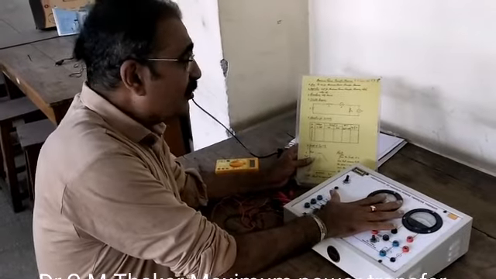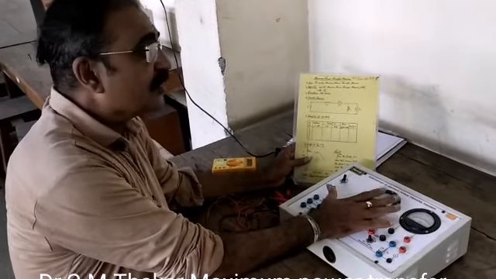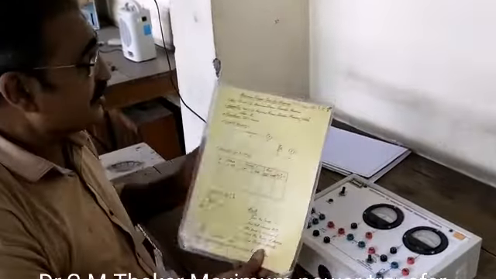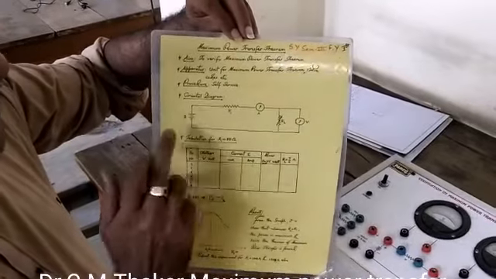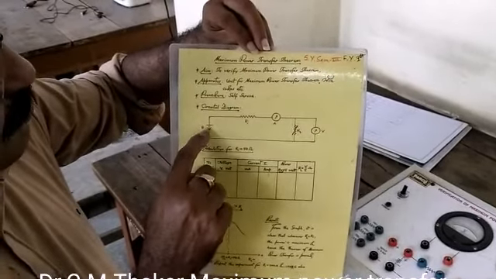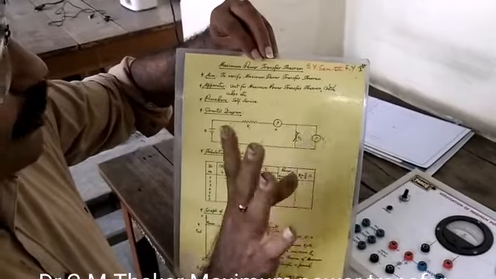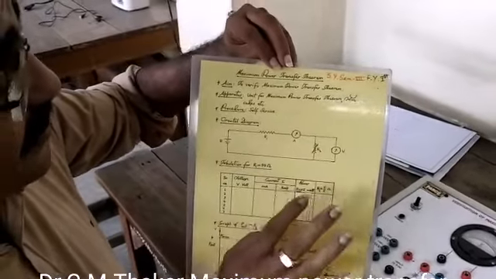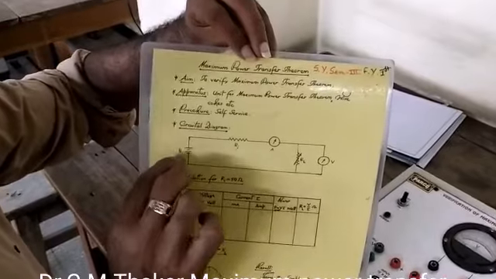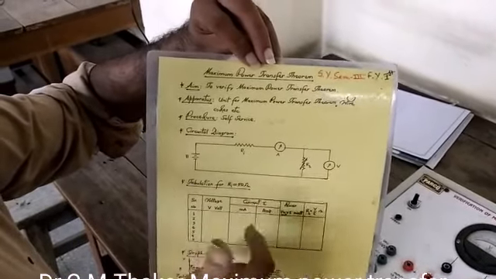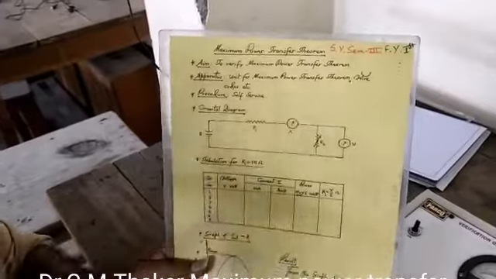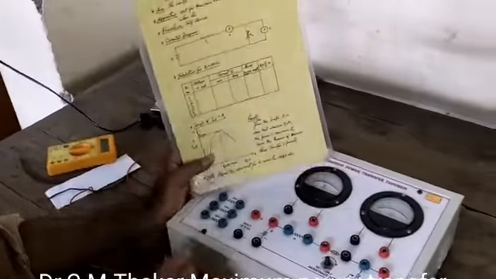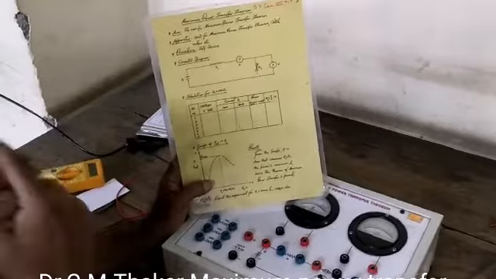This is the maximum power transfer theorem kit, and this is the chart. Maximum power transfer theorem is a very easy circuit: only one simple power supply, one resistance and one load resistance connected. Obviously you have the power supply and resistance, you vary the voltage, that means you need to measure voltage as well as current. So we have 2 meters, 2 resistances, 1 supply.